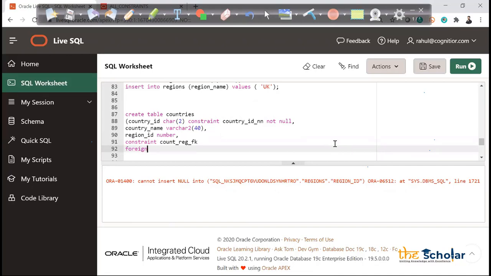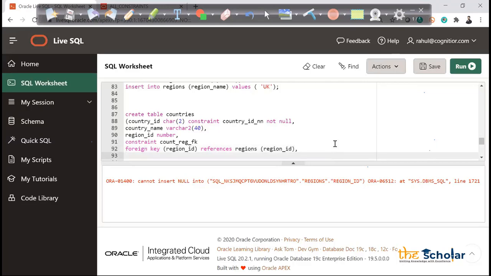If the spelling is correct, FOREIGN, yes, foreign key. Region ID is my foreign key, which references regions, region ID column. Interesting.